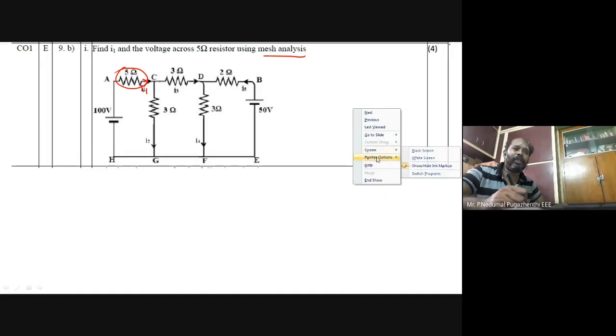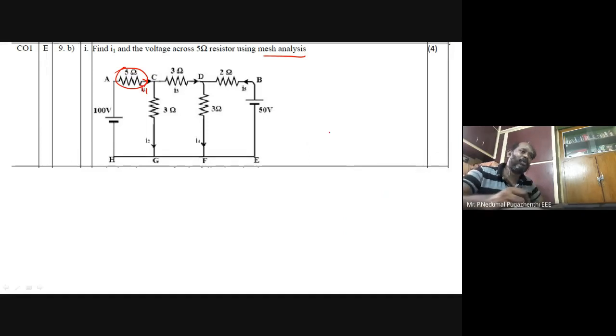I am going to work based on the branch currents. The branch currents I2, I3, I4, I5 are already given, so I will work it out with those. That is also one way to do it, and I am interested in showing you that method. You already know the method I mentioned earlier, so I am not going for it. This is I1. So if I write this equation, the current direction is I1, I2 going like this. So minus 100 plus 5I1 plus 3I2 is equal to 0.